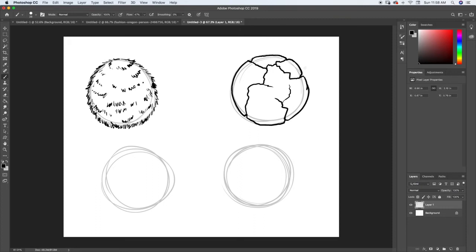Let's try something like scales. Let's say scales on a dragon. So you could just draw scales kind of like this and just have them all overlapping. But if you really pay attention to the profile of your actual form, it's going to look a lot more real and have a lot more texture to it. So what I mean by this is if we're looking at scales from the side, they're probably going to kind of stick off the edge like that. And as they come around this form,